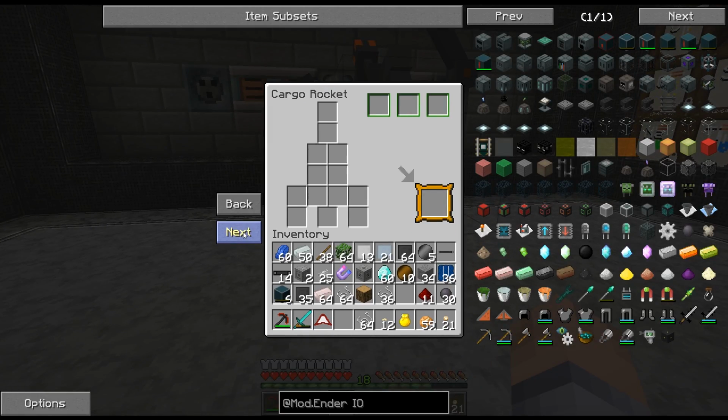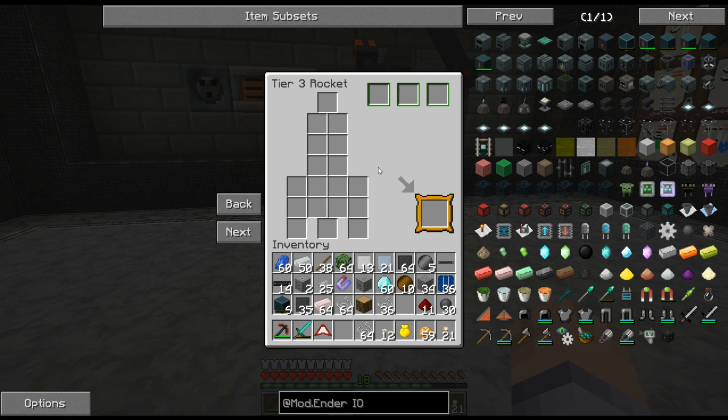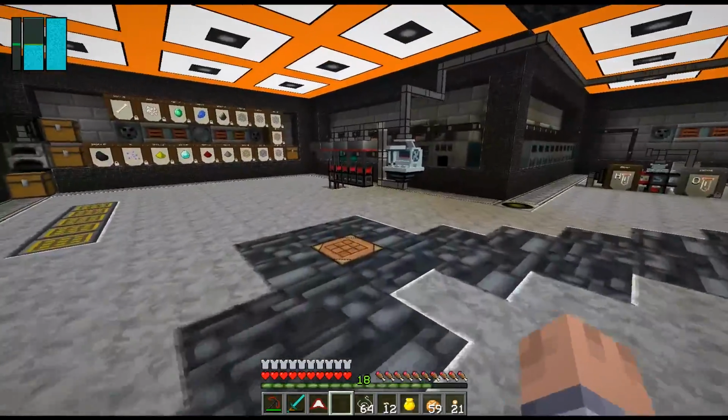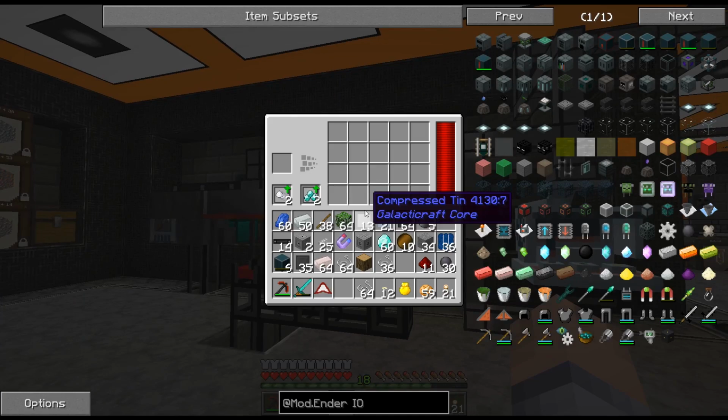I checked through here. We have the tier 3 rocket. I don't remember getting this blueprint or something, but I must have. So we can actually work on building this one and go to the next planet here soon. So that would be cool. Anyways, the other thing I did over here is...